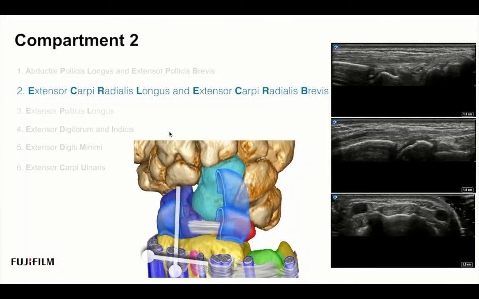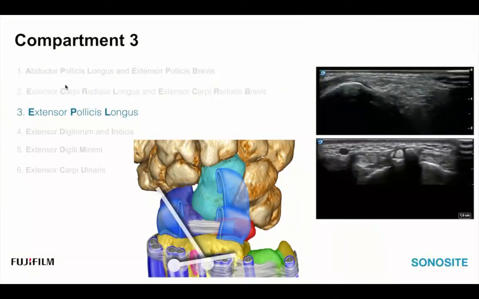We're going to move on to compartment number 3, extensor pollicis longus. This is actually one of my favorite ones to view, because we go back to our landmark of Lister's tubercle here. So we have this very large, very palpable bony landmark of Lister's tubercle here, and just dorsal to that is your extensor pollicis longus. And the way to view that, and we'll do this in the live demo, is just to wiggle the thumb. It's a very thin tendon, and you can see that here as it travels